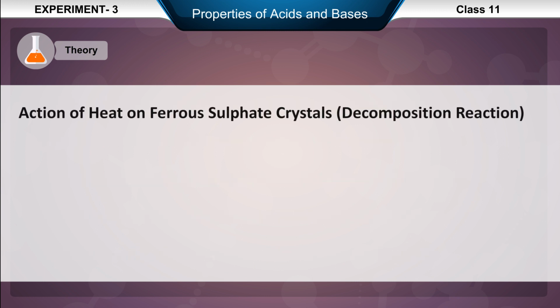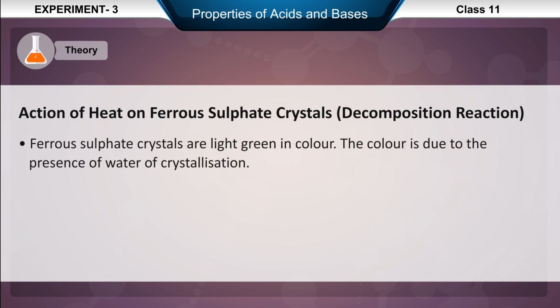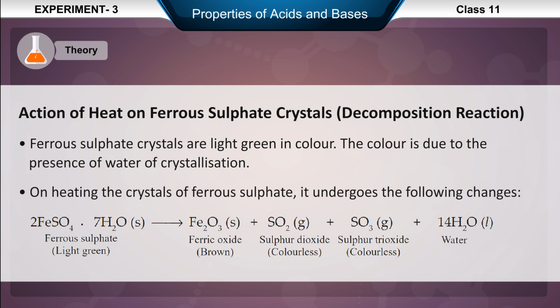2. Action of heat on ferrous sulfate crystals, decomposition reaction. Ferrous sulfate crystals are light green in color. The color is due to the presence of water of crystallization. On heating the crystals of ferrous sulfate, it undergoes the following changes. 2 FeSO4.7H2O in solid state, ferrous sulfate, light green color, results in